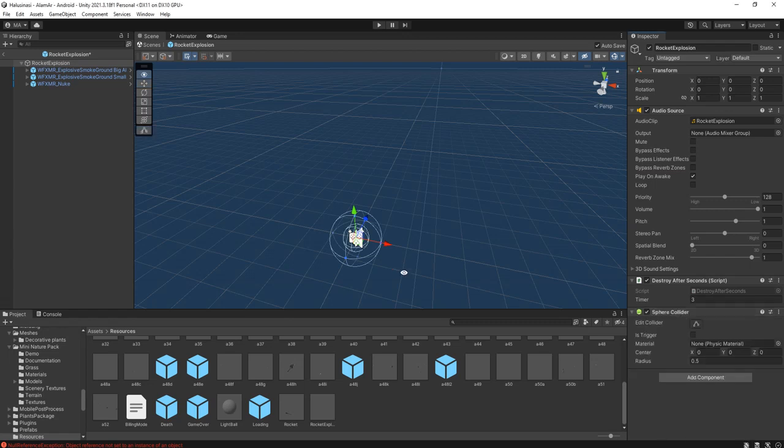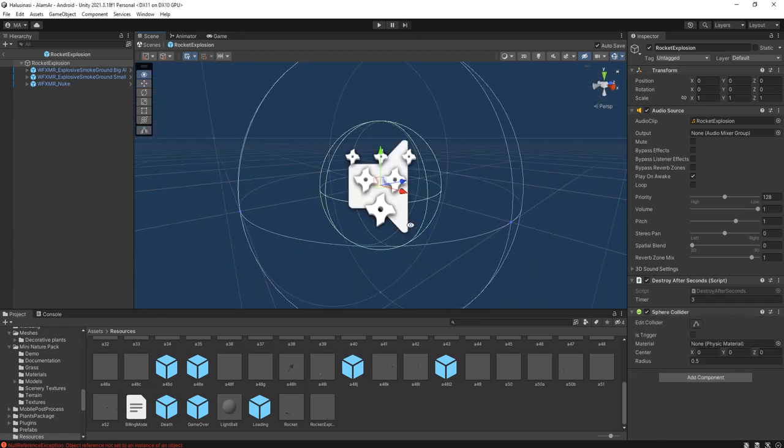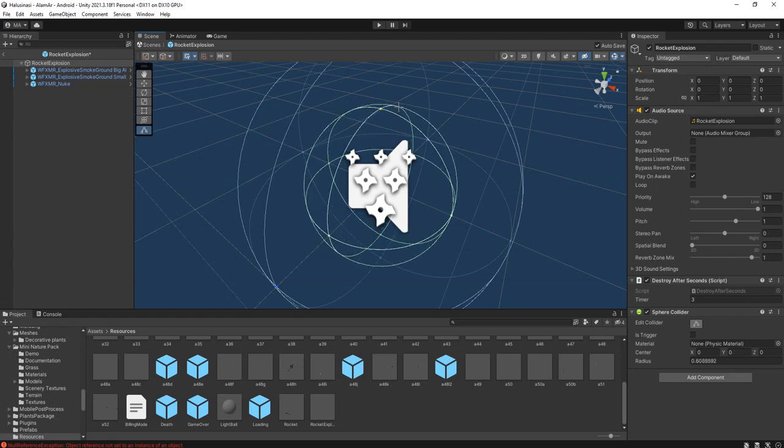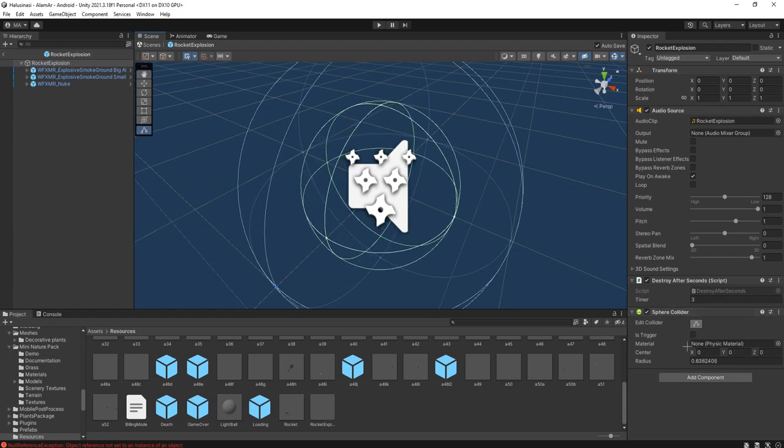Yes, this one. And I will increase the size. Okay, and I will set it as trigger,